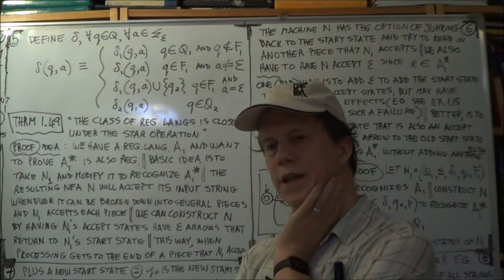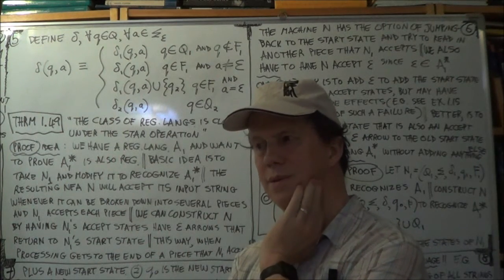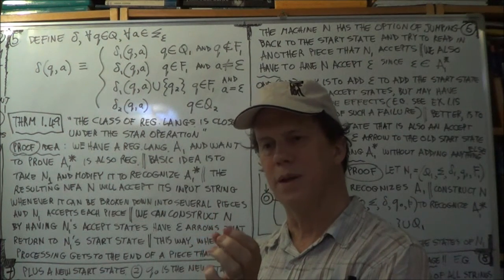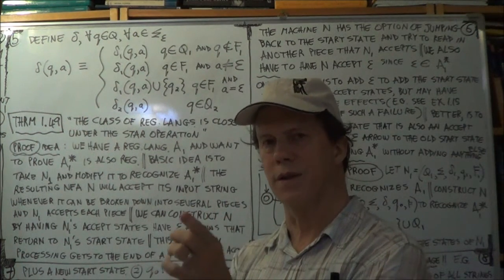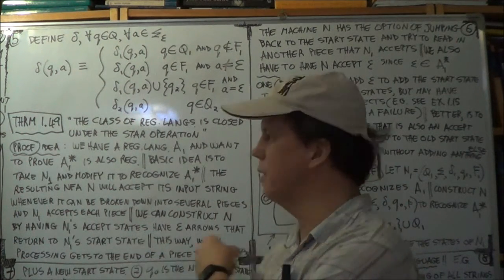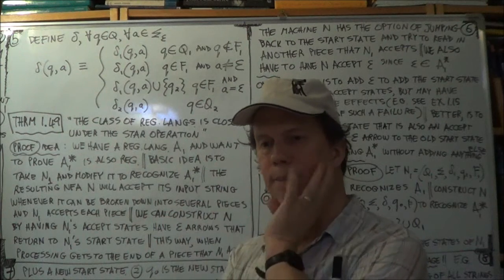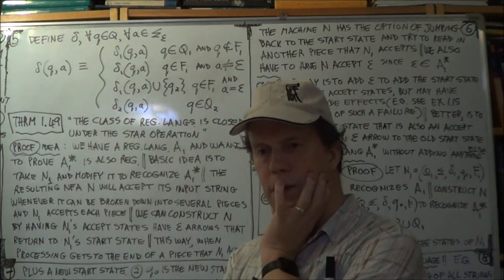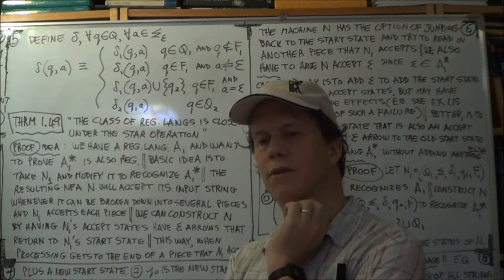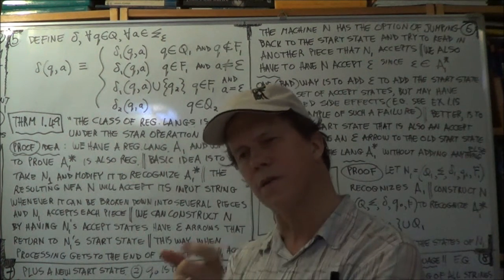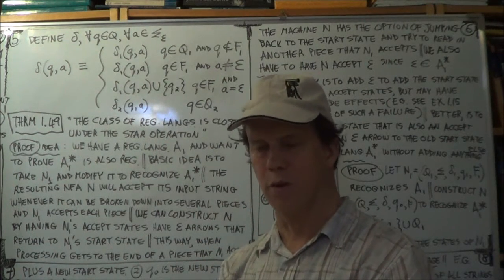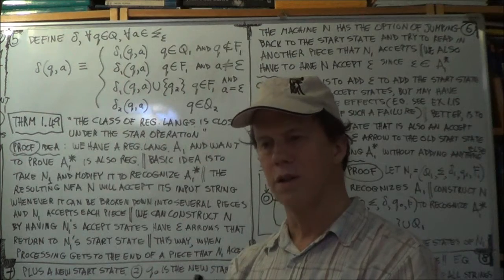If you then concatenate just once, your concatenation would be just the individual strings of that language: string 1, string 2, string 3, and you put them all into A star. Okay, and then you have the concatenations with two strings, all possible concatenations that have two strings of that language in it. So you might have string 1, string 1, you might have string 1, string 2, you might have string 1, string 3, string 1, string